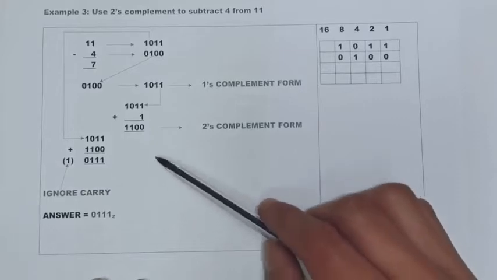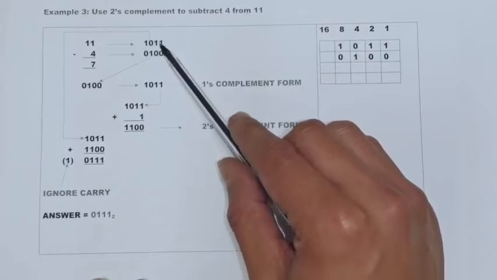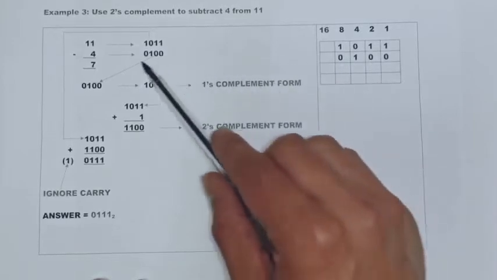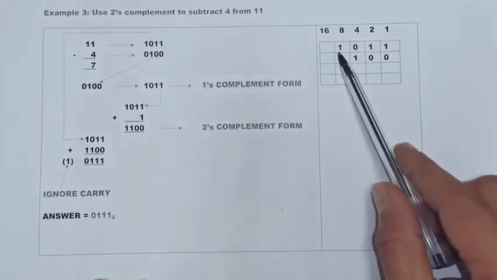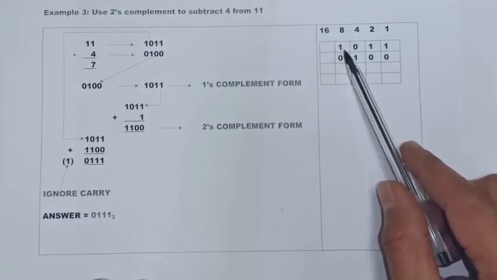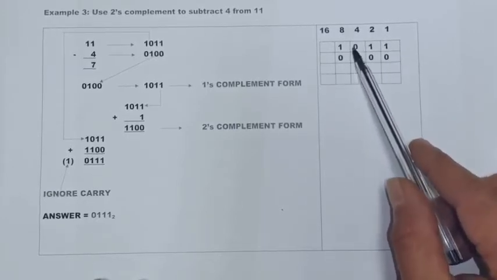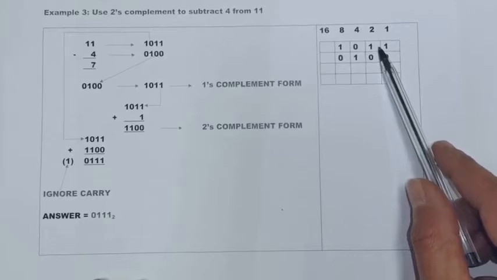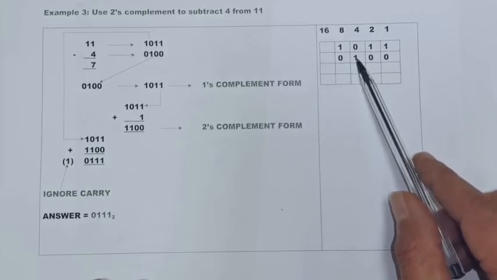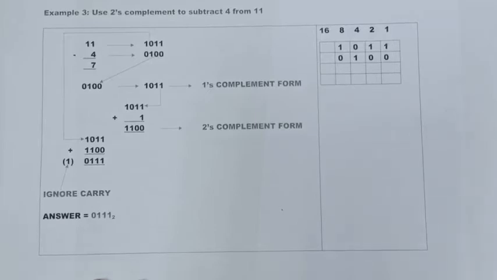The second thing that you will do is convert these decimal numbers to their binary equivalents, as I've done here. You can also use your code system which you have here by putting in the decimal value into the code system and seeing what the binary number is. So here you can see that 11 is, I'm going to need an 8, a 2, and a 1, which will give me 11 in binary. The others will be zeros. If we take 4, I'm going to need the 4 of the binary number system, and the rest will be 0. So there I have my binary values.